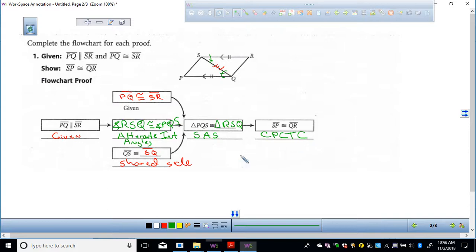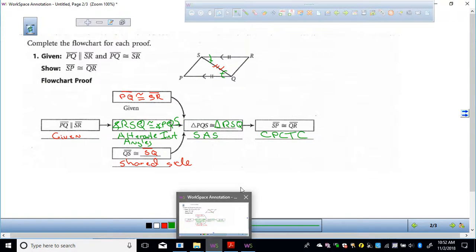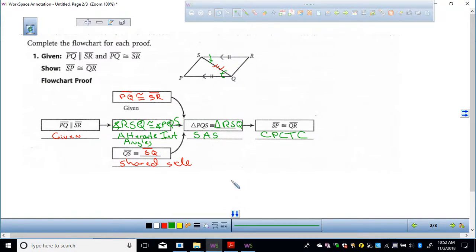So is QS acting as a transversal? Yeah, QS is very good. Yeah, QS is a transversal, okay? So,